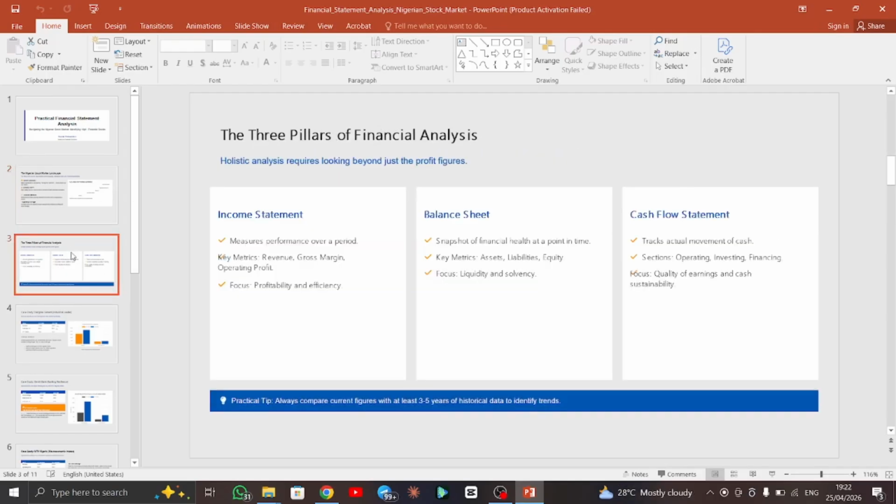This next slide has to do with the three pillars of financial analysis, right? When we're talking about financial analysis, basically what we're looking at is